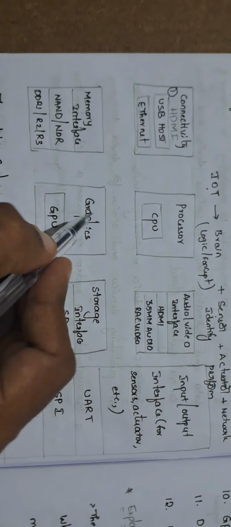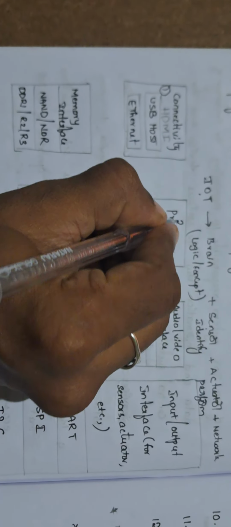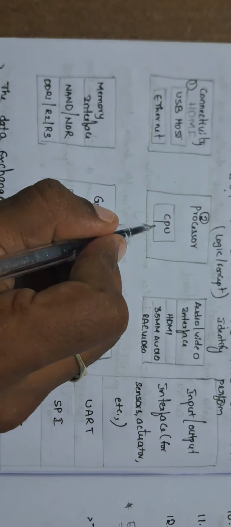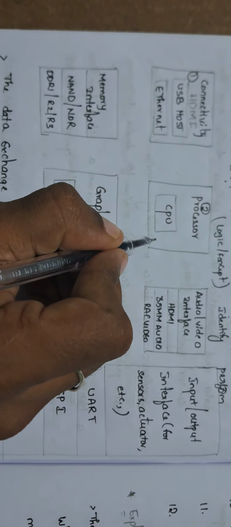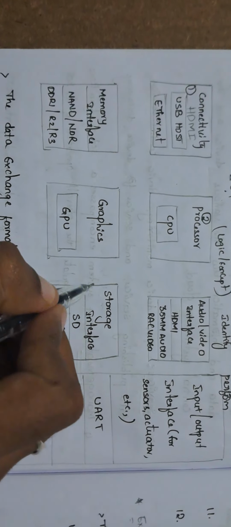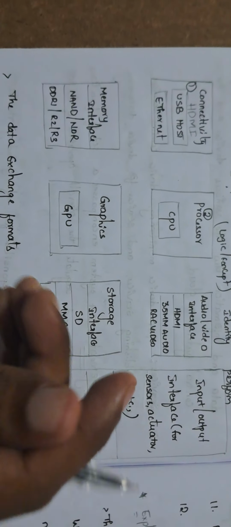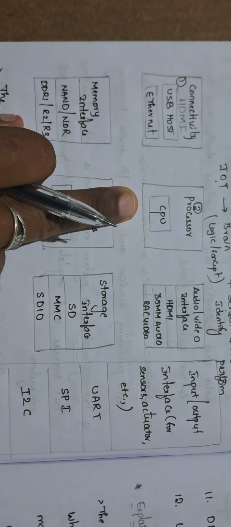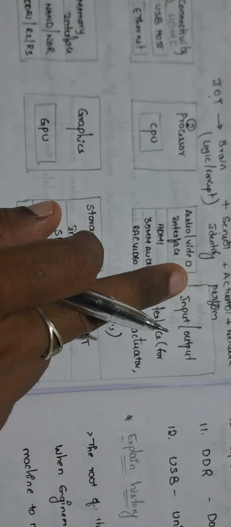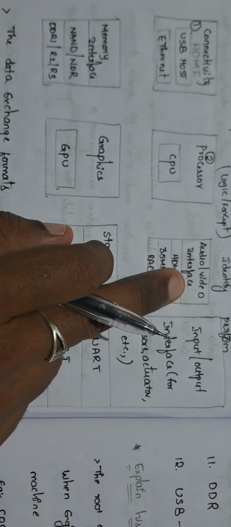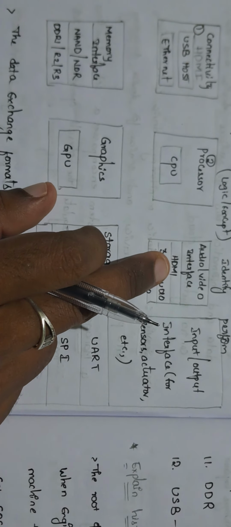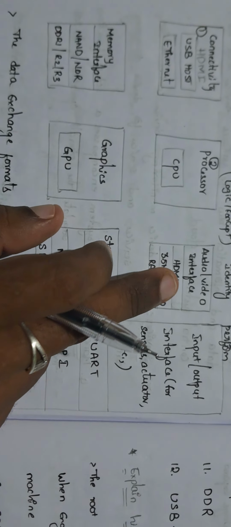So that's the USB abbreviation. Then, as the second priority, we require a processor. The processor is nothing but the central processing unit. In the Arduino or the Raspberry Pi, we have a small type of CPU on every board, and that is called the processor. Then for audio video interface purposes we require three things. One is HDMI. HDMI is nothing but High Definition